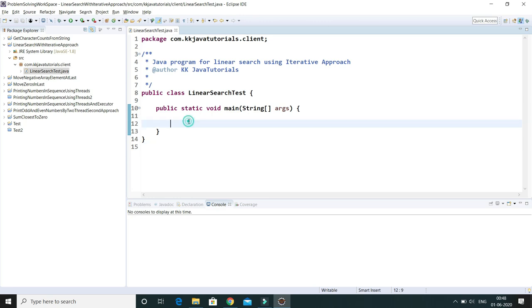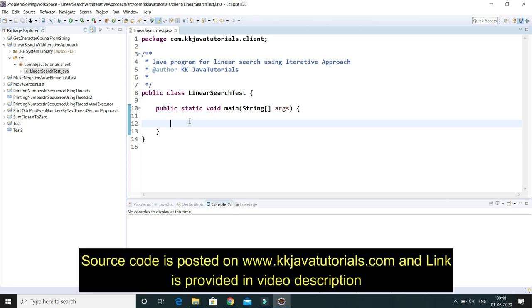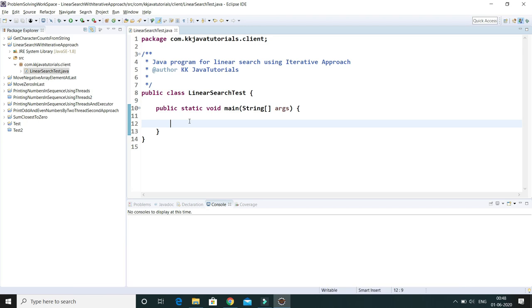So here, first of all, I'm going to take a few things from the keyboard, like what would be the size of the array. So here, just for simplicity, I'm going to take an integer array, right? And there we'll take the size of the array from the keyboard, then all the array elements from the keyboard, and then we'll take a search element, or search key, you can say, from the keyboard, and finally our basically linear search